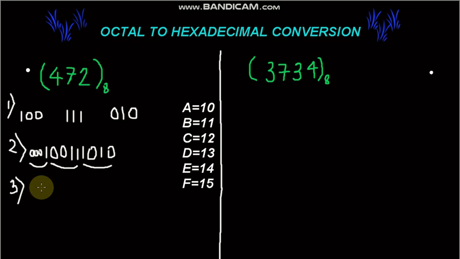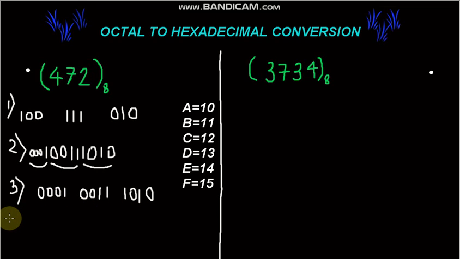And now we write down the numbers: 0 0 0 1 as the first 4-bit group, then the second 4-bit group as 0 0 1 1, and the third and last 4-bit group as 1 0 1 0. You see guys, it was so simple. In the first step we converted the individual digits into 3-bit binary numbers, then we joined them, and then we separated them out as 4-bit binary groups.